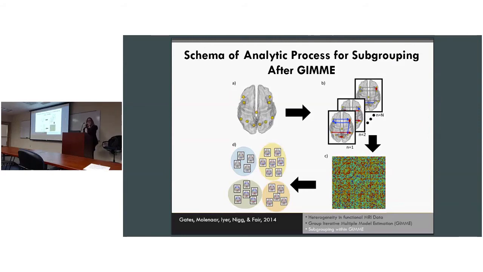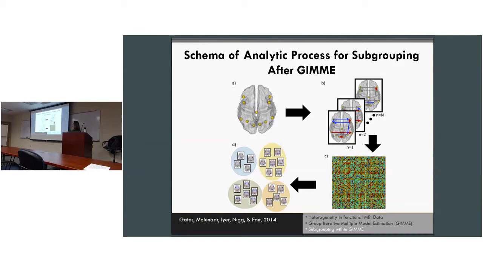Our first pass at this, we did subgrouping after conducting BIMI, and what we did was we parcellated the brain to get the frontal parietal region. We arrived at individual level maps and group level maps. One group level map where everybody had their own path estimated, so everybody has varying weights for the group level paths. We then took the group level paths, since we knew that the beta weights would be normally distributed across them.